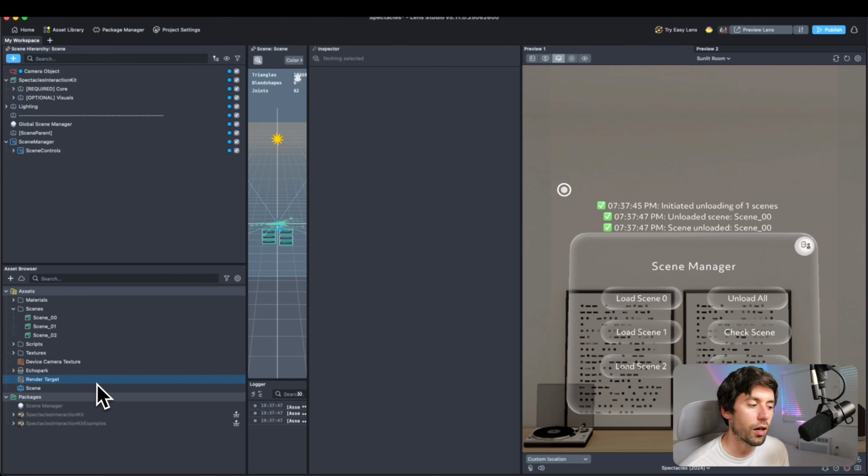To understand that better, let's forget about scene and just think of a main file that runs your application on device or wherever you're running it. The scene here is like the final file that you will actually deliver. In Lens Studio it doesn't make sense to call them scenes in that sense, because